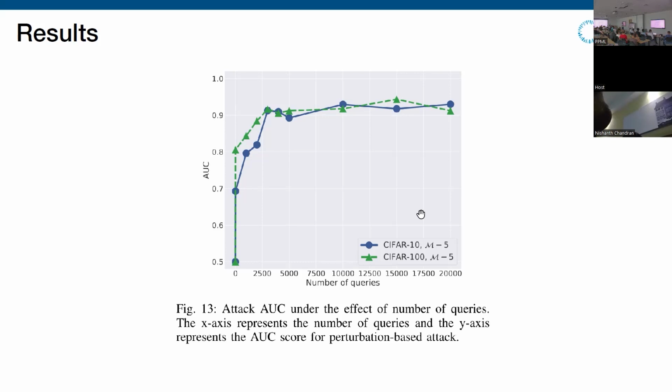I have a question regarding the metric that you use. For example, here is area under the curve. Previously it was recall and precision, but a more established metric, recently by Carlini, was TPR at FPR 1%. So why not use this here? Yeah, because I'm not from the future.